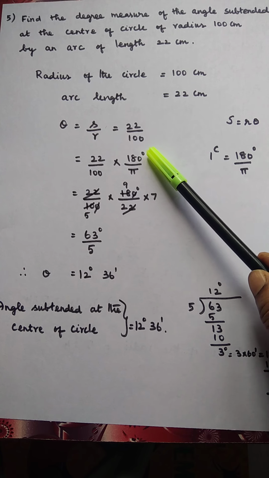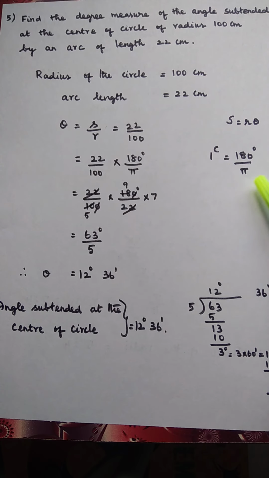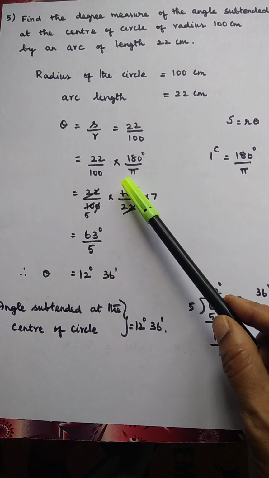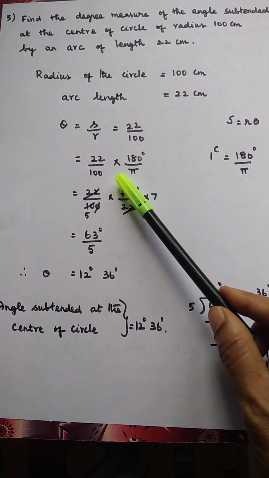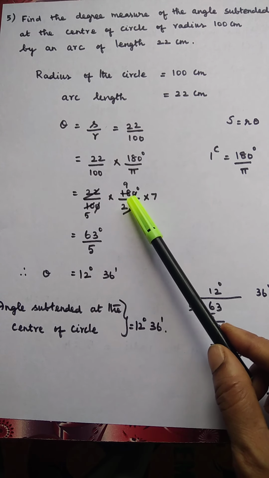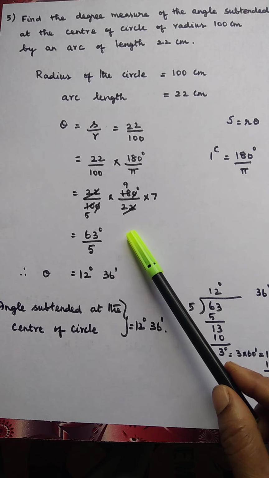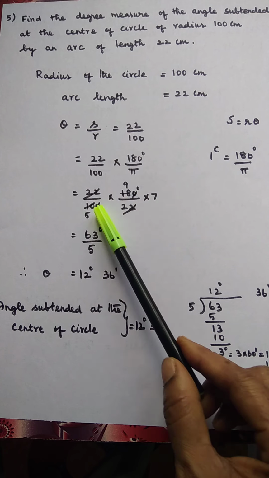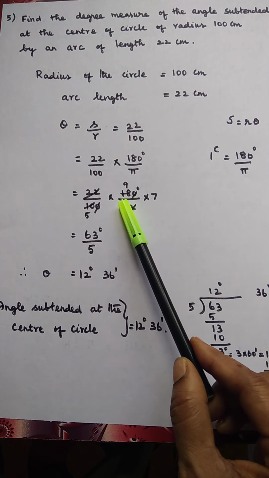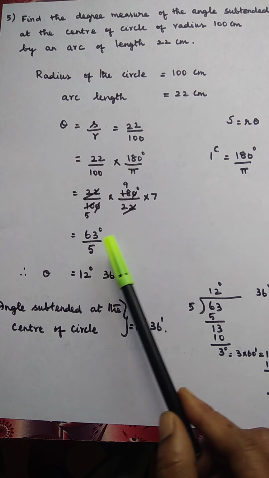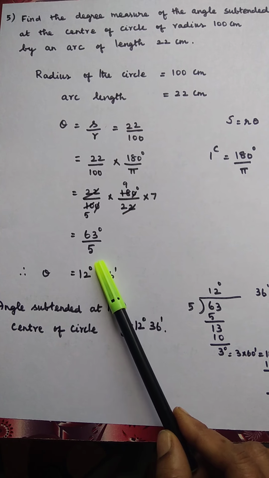Now this is in radian. To convert into degree, 1 radian is equal to 180 degree by pi. So 22 by 100 radian, we have to multiply by 180 by pi. So 22 by 100 into 180 degree by pi. Pi is 22 by 7, so that 7 goes to the numerator. 22 cancels. Zeros can be cancelled. 10 and 18 you can cancel by the 2 table, 5 times and 9 times. 9 sevens are 63. 63 degree by 5.